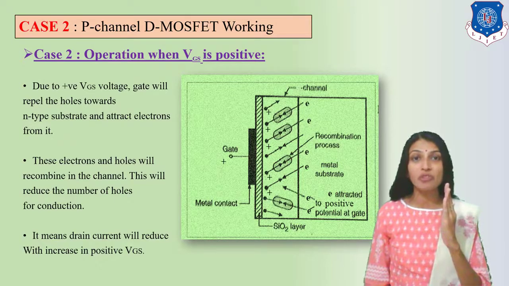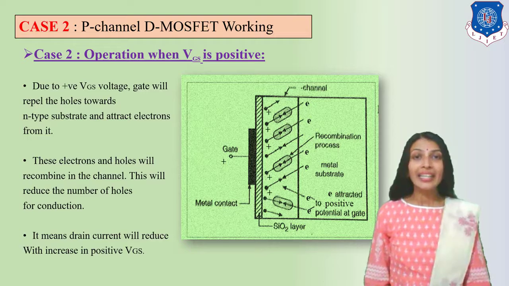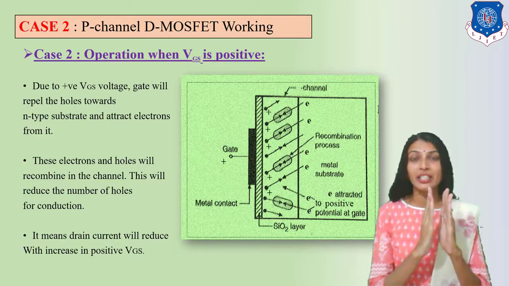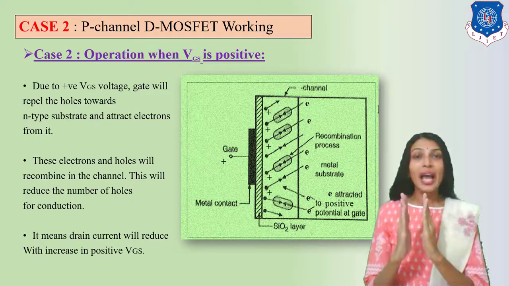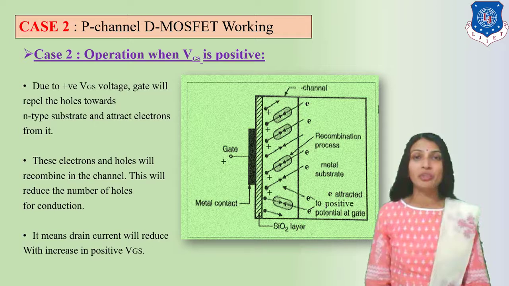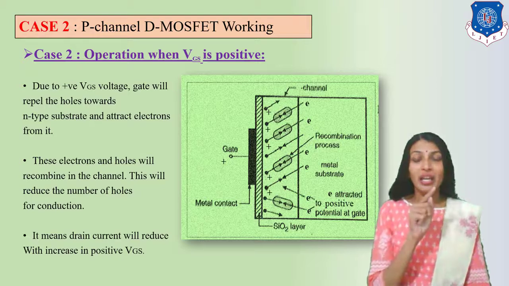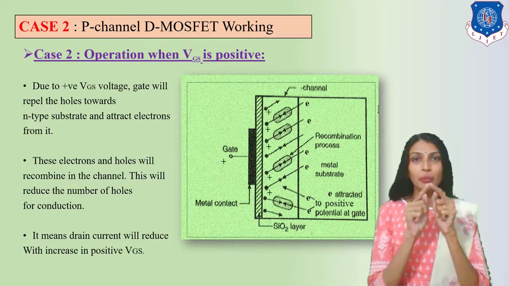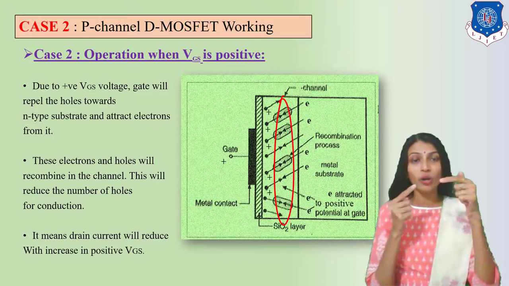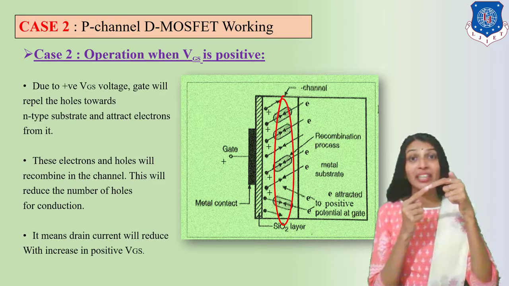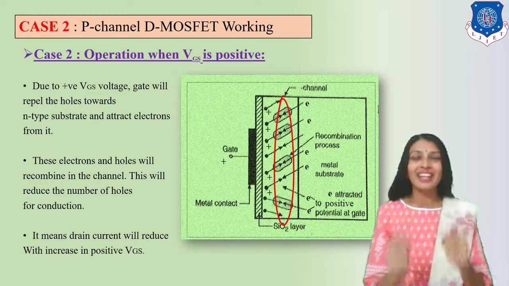And similarly in the substrate, what is the main substrate? N-type substrate. And majority charge carriers in the N substrate are electrons. In the N-type substrate, electrons are majority charge carriers. And in the channel, we have the P-type channel, so holes, the majority charge carriers, will be repelled by the positive gate terminal. So holes will travel away from the positive gate terminal and electrons will be attracted by the positive gate terminal. So we will have the holes and electrons look like this, and we will get the electron hole pairs. Okay.